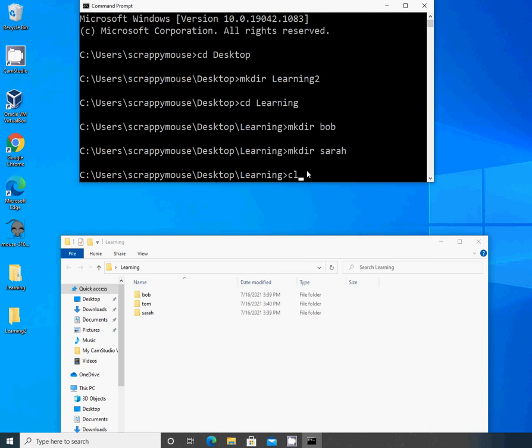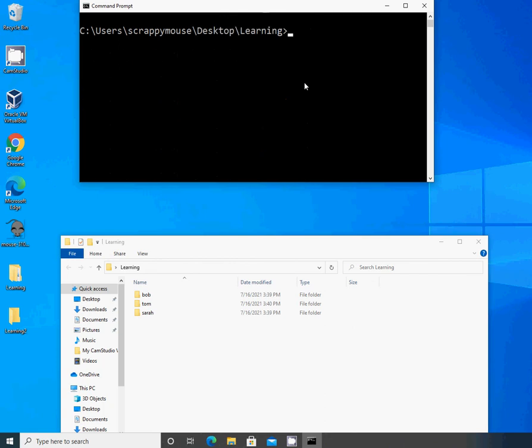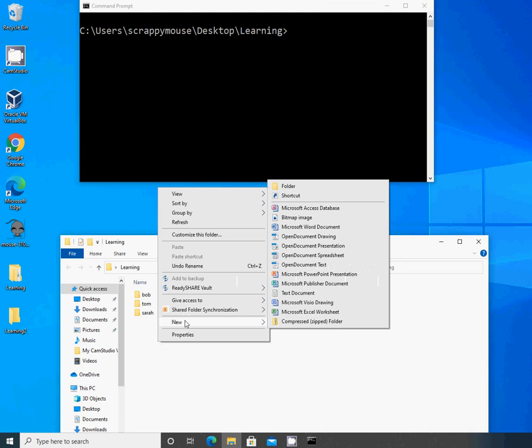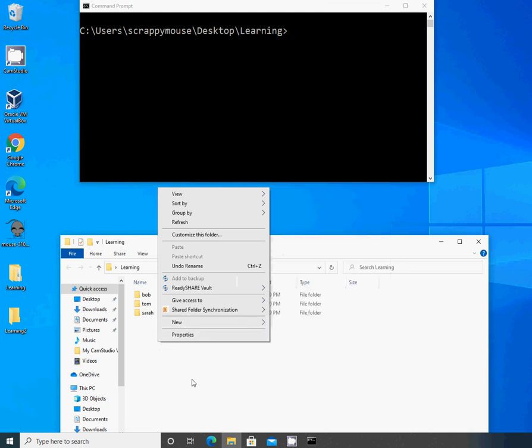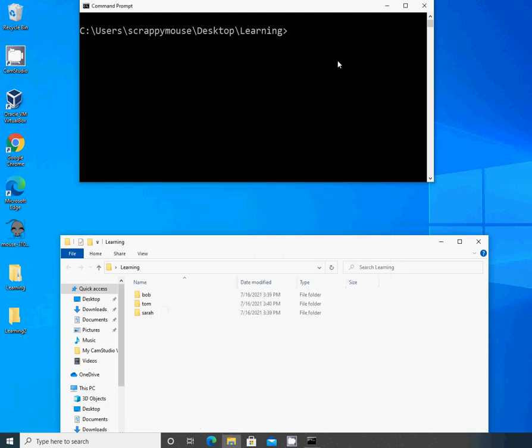I'm going to first type a command called CLS, which stands for clear screen, so it will get rid of all the history there, and enter. And so now it brings everything back up here. So let's say you need to make a whole bunch of folders. Let's say you need to make the entire cast of Sesame Street. So you could start and just right-click, new folder, rename it to Bert, do another one, Ernie, rename another one Big Bird, or in the command prompt, to make it a little faster, a little more efficient, you can type